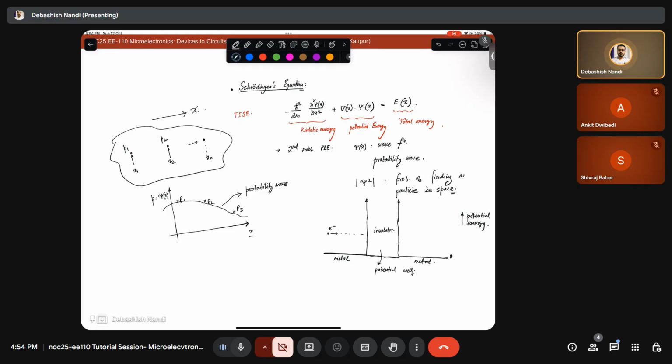So generally what you see is that these electrons should never be able to go through, and will just be bounced back. But now if this is 0 and this dimension is L, and if you keep reducing your L, let's say to the scale of 1 to 2 nanometers, you will see, if you plot this probability wave function psi of x, you will see that